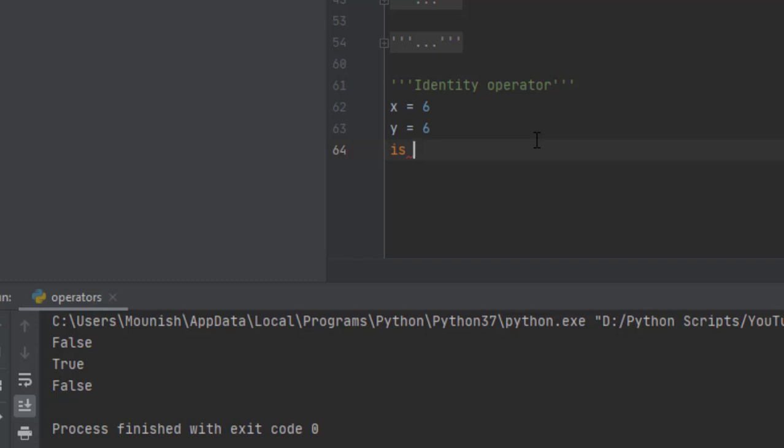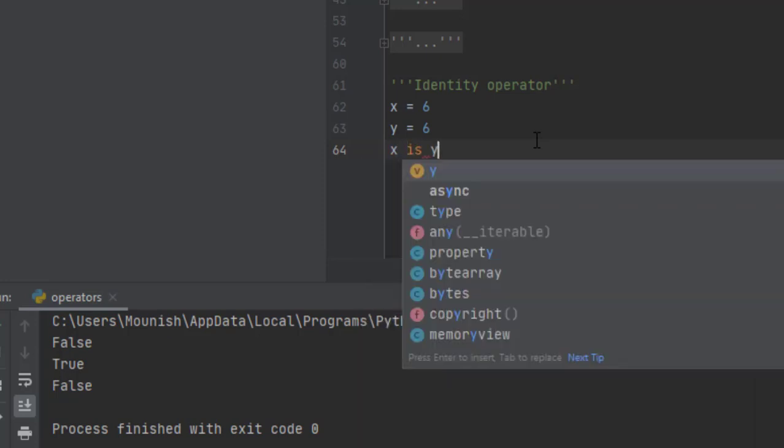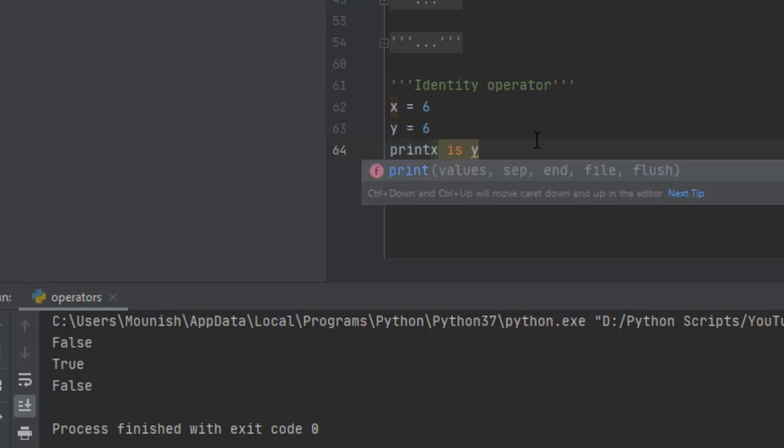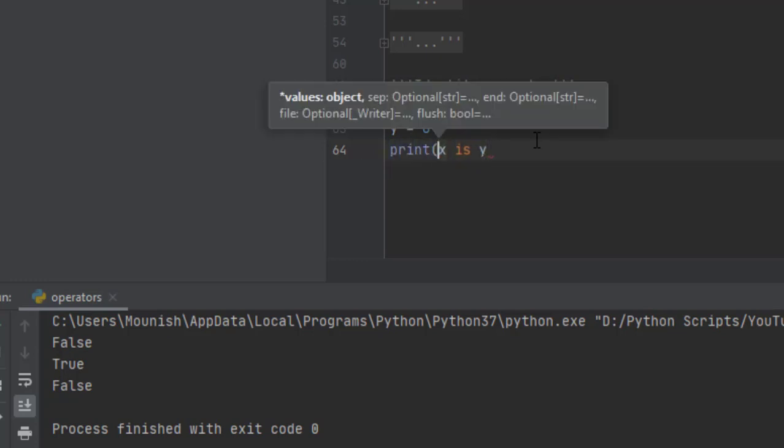Suppose x is y. If I give a statement like x is y, what does it mean? It simply means x is equal to y. It is checking whether both the values are the same. If it is the same, it will give you true.